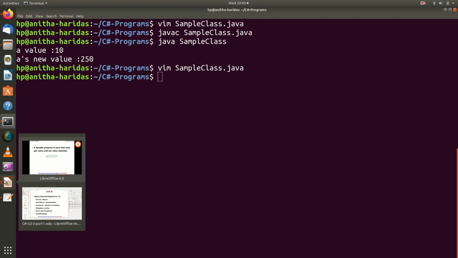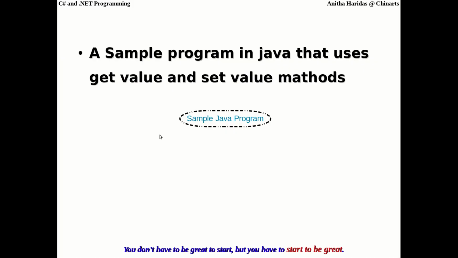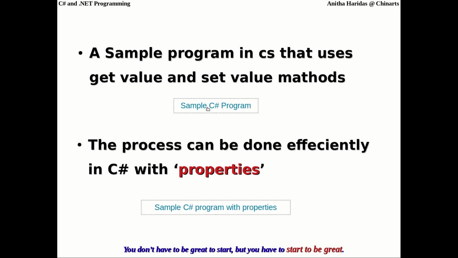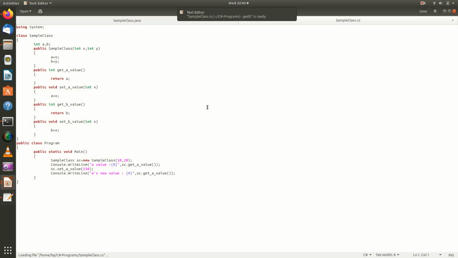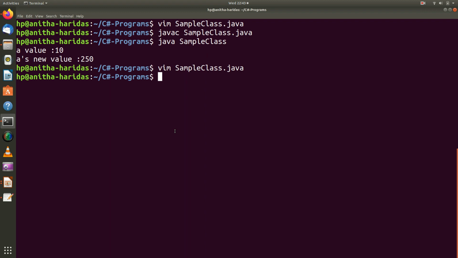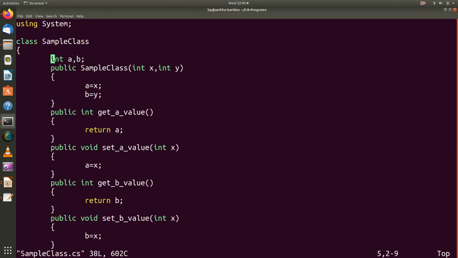Now going back to our program. Now the same program I have written for my C# concept. Let me go to the C# program. I have the same program written in C#. Observe here, import java.io has been changed to using System namespace.